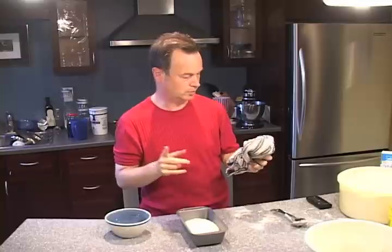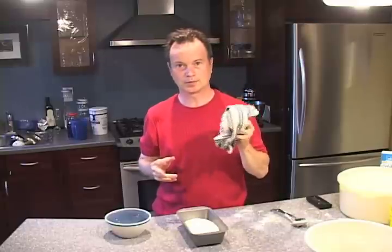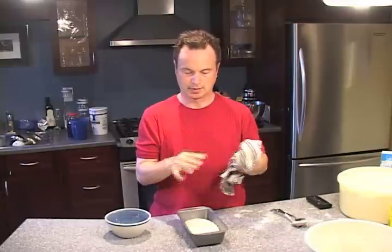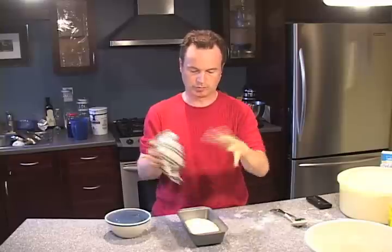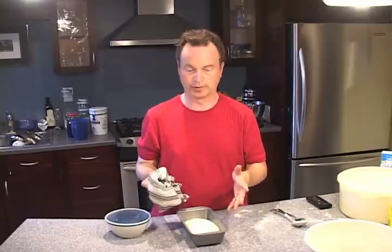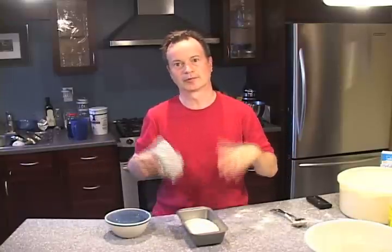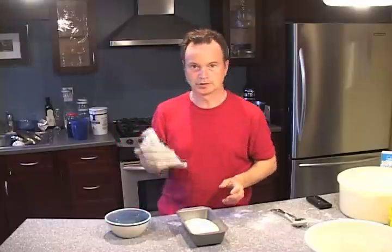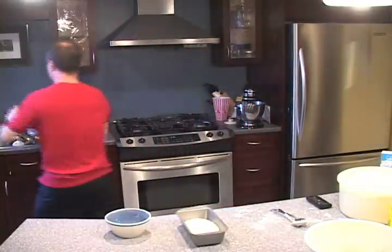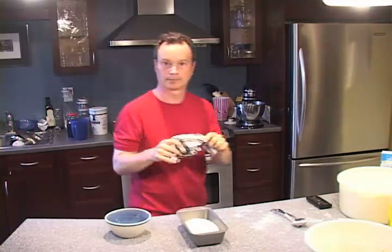Now, the only thing I would suggest at this point is I'm just going to make this towel damp so that once it gets nice and risen, it doesn't stick to it. There's nothing worse than coming back to a beautifully risen loaf of bread and then taking off the towel and it rips it a little bit because it's gotten stuck, and then it deflates it, and then you have to wait 10 or 15 minutes for it to bounce back up. So let me just damp this. Okay, damp towel,